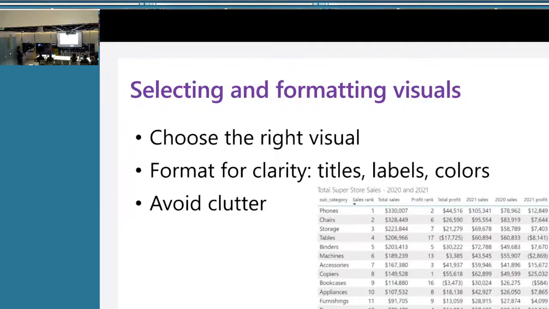So look at this chart here. It doesn't even look like a visualization. It looks like it's just a screenshot from Excel. So you wouldn't want your visualizations to look as boring or as dull as this, right? The headers are too small. I don't know where to focus. My eyes are all over the place.